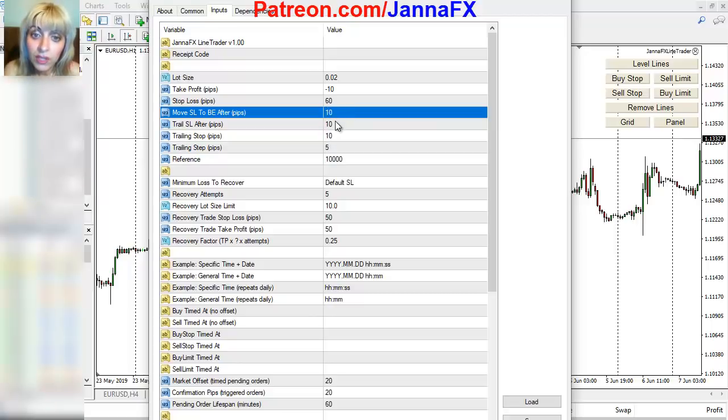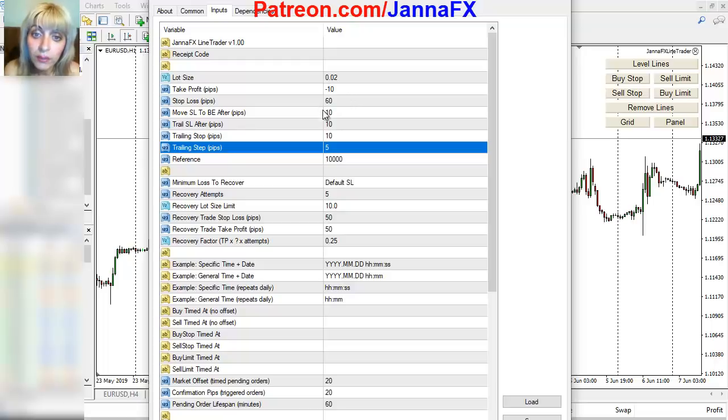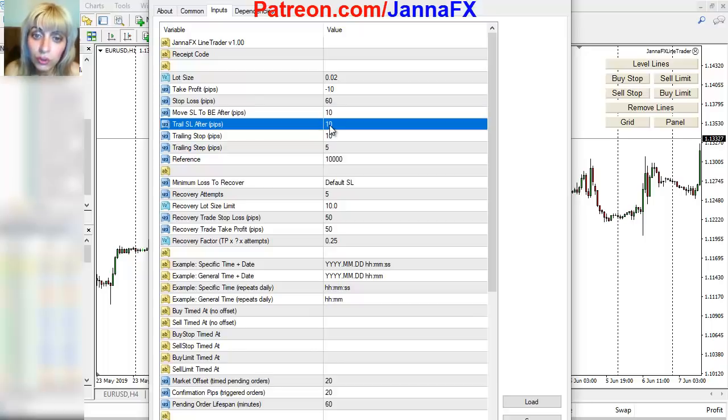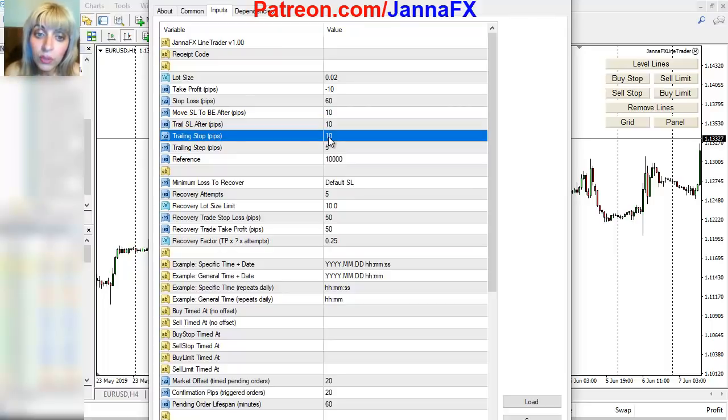For example, here I have just 10, 10, 10, 5, like the original setup. So what does it mean? That means that after closing half positions, we pretty much don't need to break even, but it sits here, so the stop loss, after we moved 10 pips, will move from 60 to behind our current price by 10 pips. So when you move 10 pips, we close half positions and move the stop loss behind, pretty much at break even, and then it will be a trailing stop, also 10 pips,